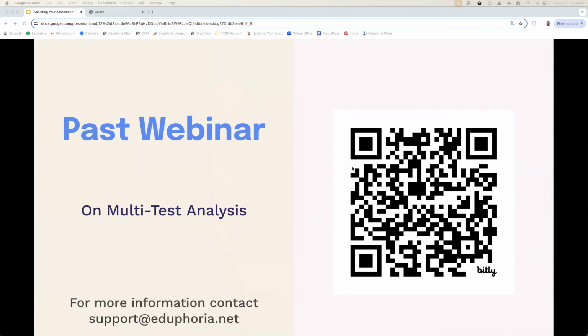I want to direct you to a QR code here for our previous webinar on what is multi-test analysis and a more broad description of the different kinds of ways it can be used. Also, it has steps on creating it, which we are going to redo some today, but today is more of a focus on your local assessments in comparison to the STAR data that, obviously, we know is just now being released from the state. EOC data has been released, and a lot of you, if not all of you, have